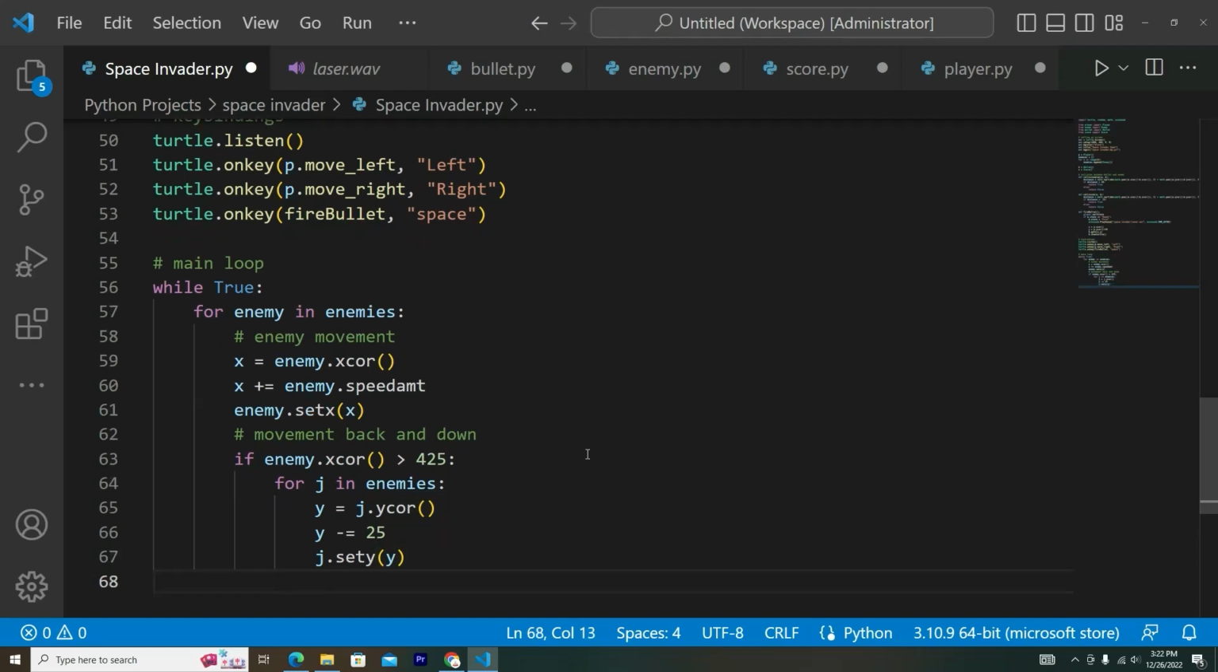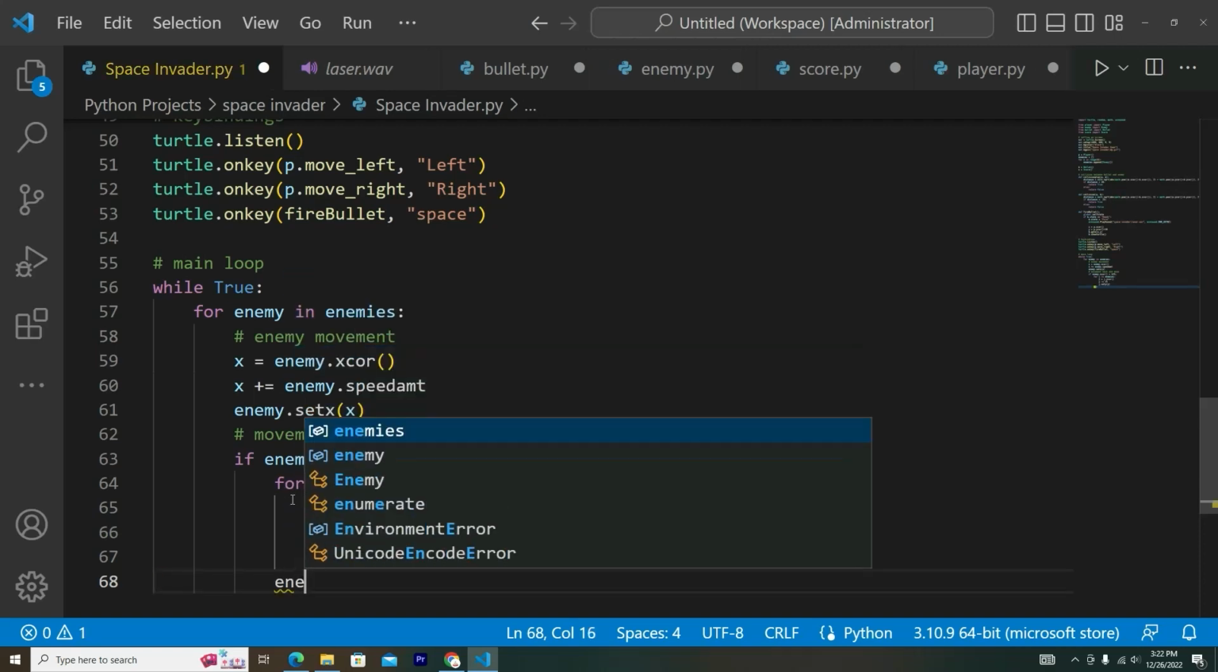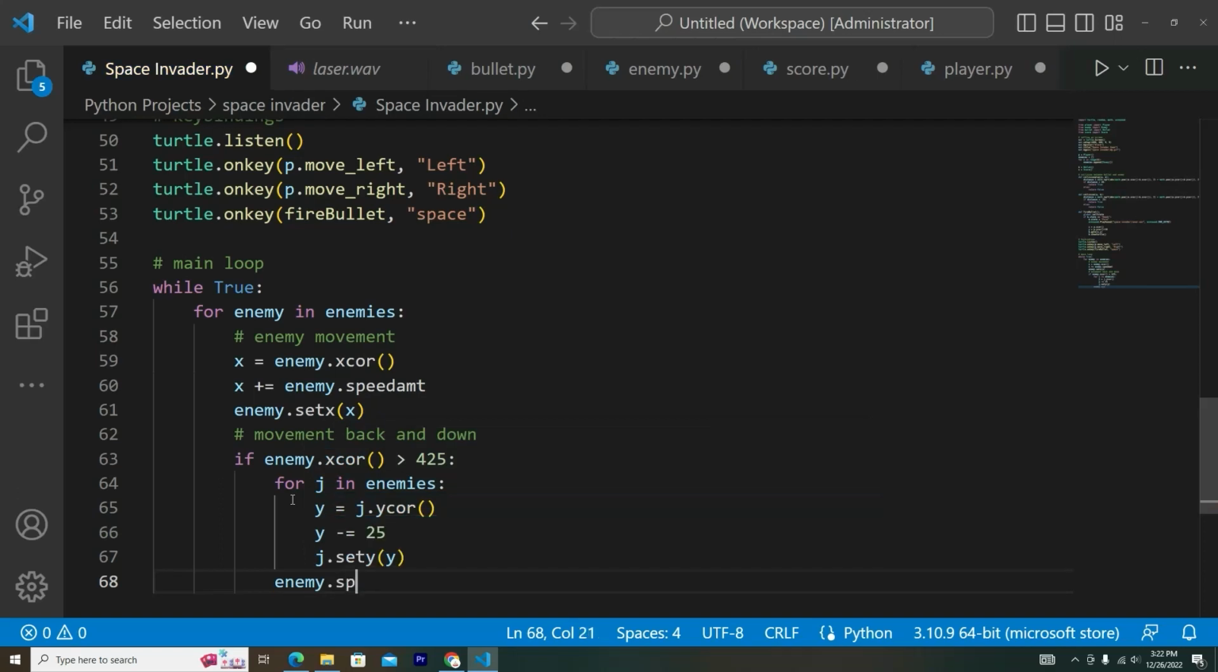And click backspace here in the same indentation as the for j, and then here you're going to go ahead and do enemy dot speed amount, again speed amount, and then multiplied times equals -1. Okay,